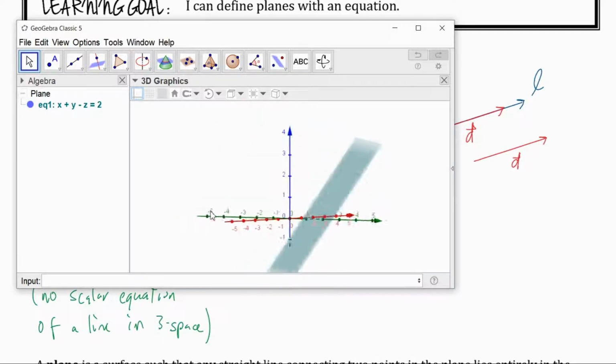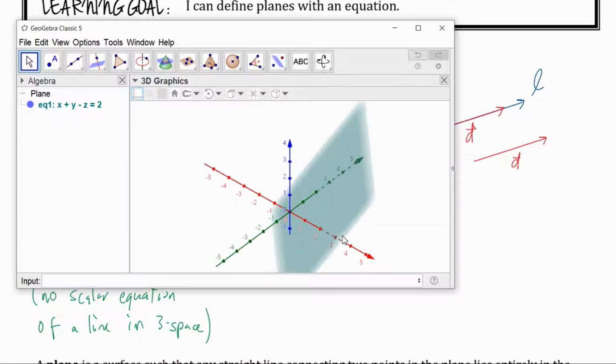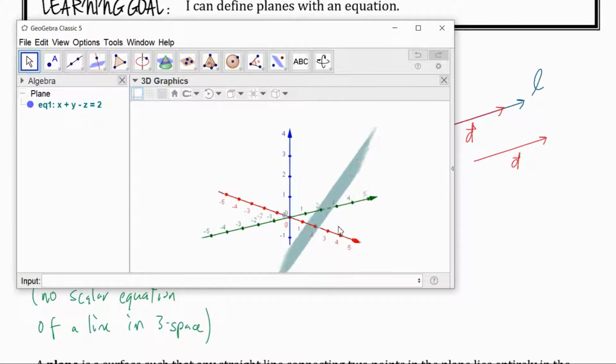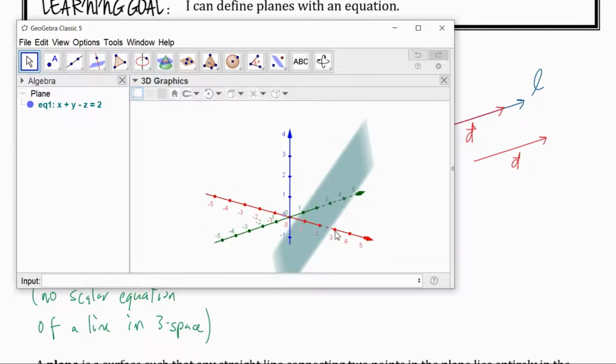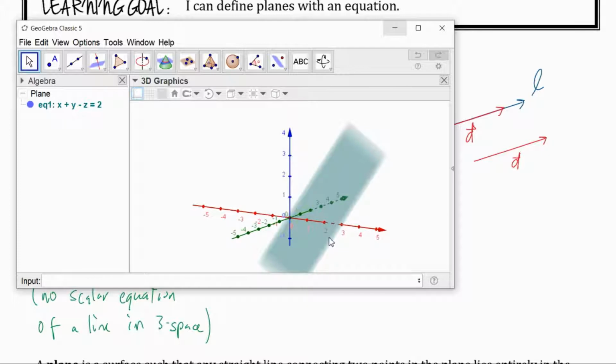space that could interact with this plane, or just look different from it. So that's what a plane is. A plane is like a flat sheet of paper that exists in space. And an even more interesting way of looking at it is